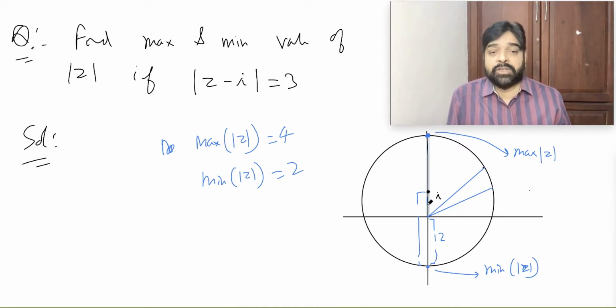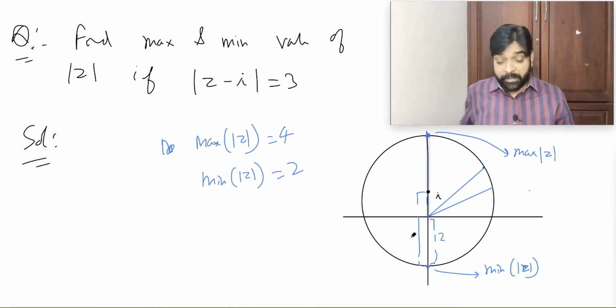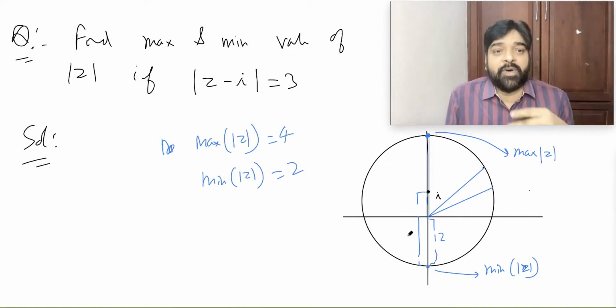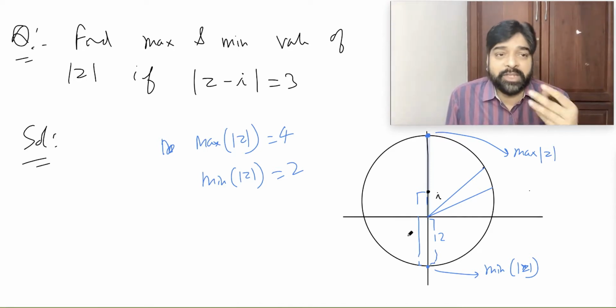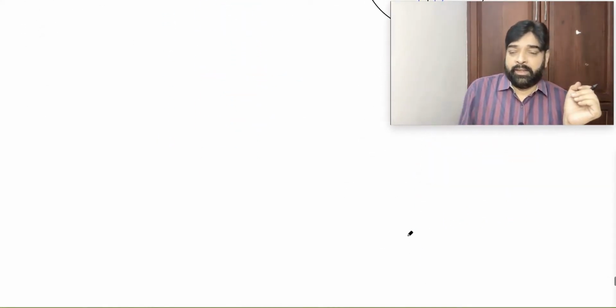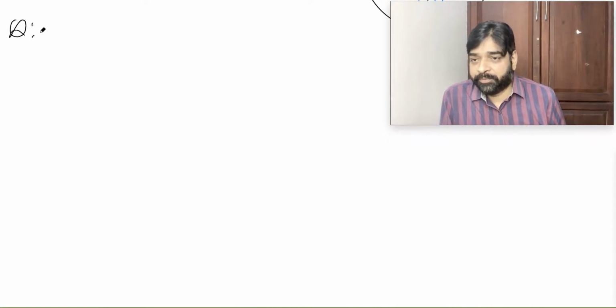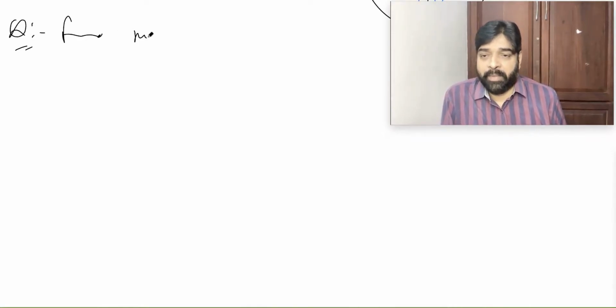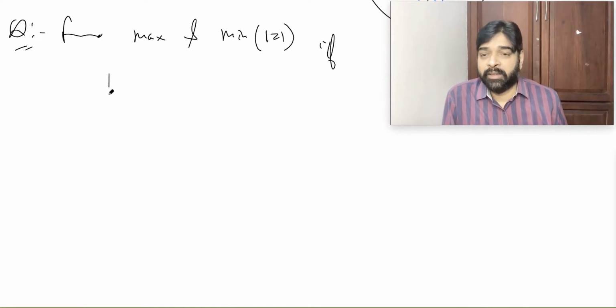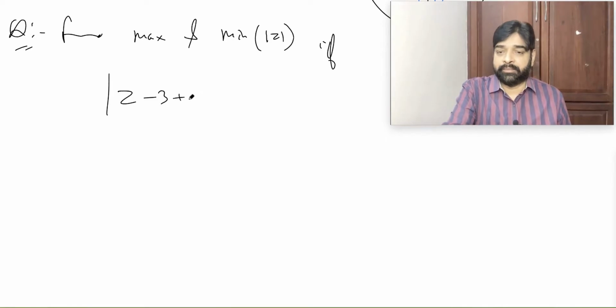So we study locus. This complex number, again I am saying, is slightly difficult because a lot of information is there. But as much information as you gain, it will become more and more easier. We can do the things. Next question, try all of you. Find maximum and minimum mod z by this locus method, if mod of z minus 3 plus 4i is equal to 10.